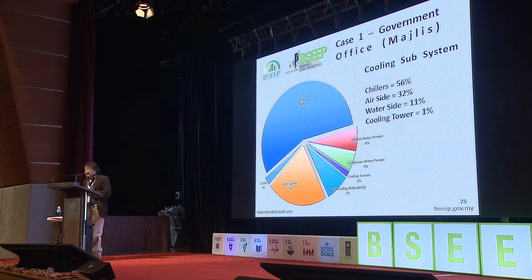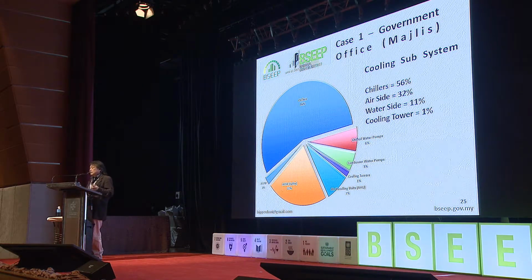Now, if I'm going to focus on the cooling system, because some of the things you can do very easily is change the chiller. What happens if I change the chiller? Now, chiller is about 50%. It's a given. Any building with central chiller system, aircon is going to be about 50%. The chiller is going to be about 50%. So if I'm going to change my chiller from a COP 4 to COP 5, you can pretty much calculate what should be your energy saving without having to do a very